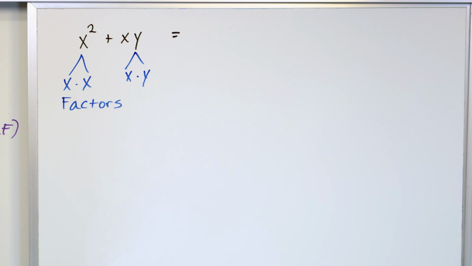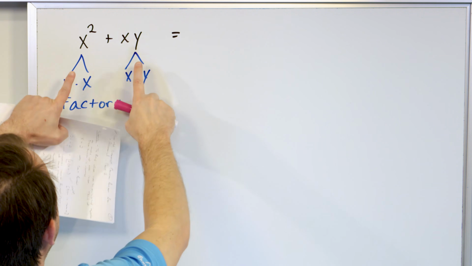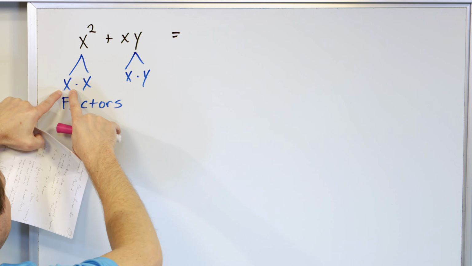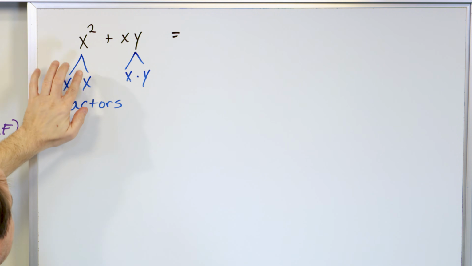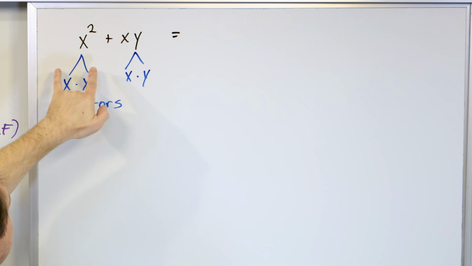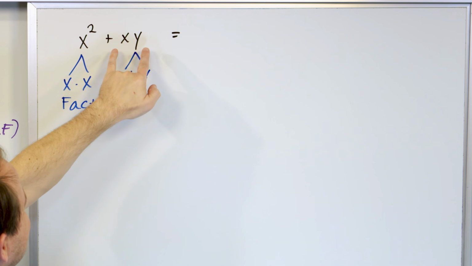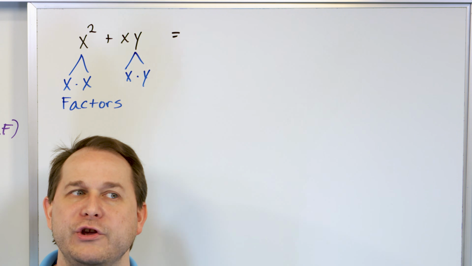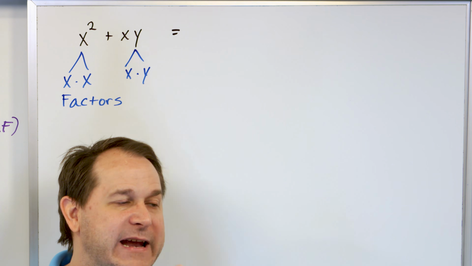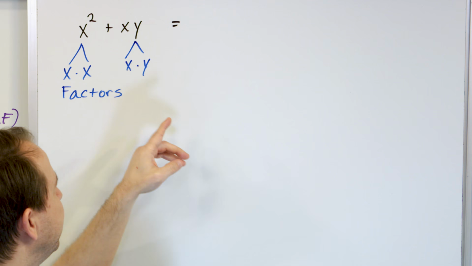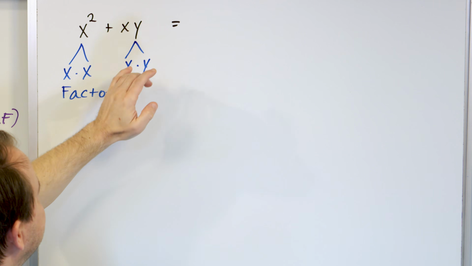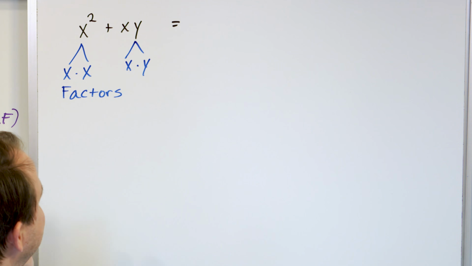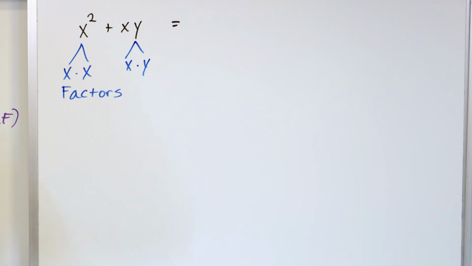So then I look and say, well, what is the largest thing I can pull out from both of these? Well, I can pull out a single x from here, and that would then allow me to pull out a single x from there. I cannot pull out an x squared from both of them because although there is an x squared present here, there is only one x in this thing. So remember, when you're figuring out what you can pull out as a factor, it has to be present in all terms of your expression. So even though I could pull out an x squared from here, I don't have an x squared here. So I can't pull it out as a factor because it isn't present as an x squared everywhere. Only one x can be pulled out as a greatest common factor because it has to be common to all